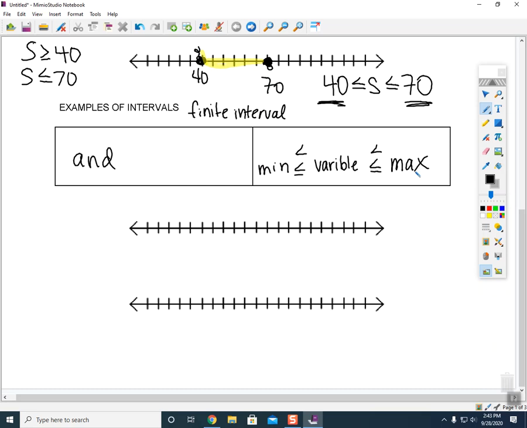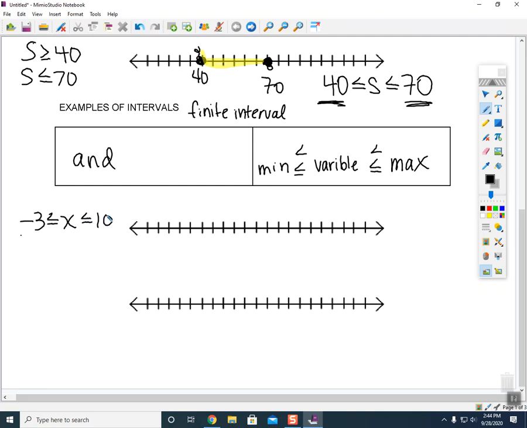I have my minimum value, less than or equal to, variable, then my maximum value on the right-hand side. All right, and this is how this is going to look. Let's say that I have negative 3 is less than or equal to x, is less than or equal to